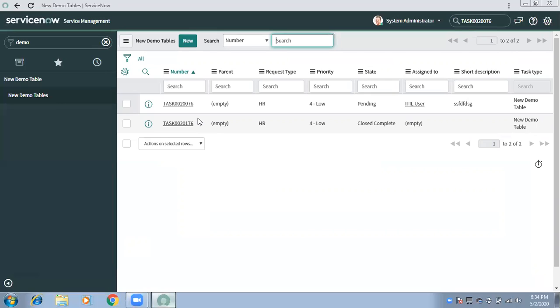Previously, we had conditions like when the status changes, it should run every time; when the ticket goes to pending, the problem should get created. But what is your delete condition, that you will have to decide. Okay, here I just need to run it one time, so I run it through a background script. Now if you see, those two records got deleted.